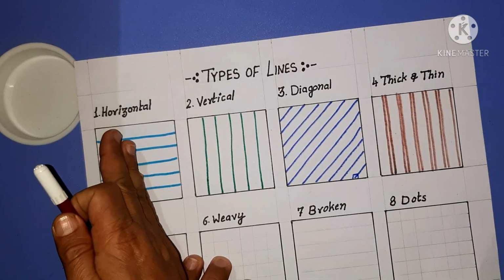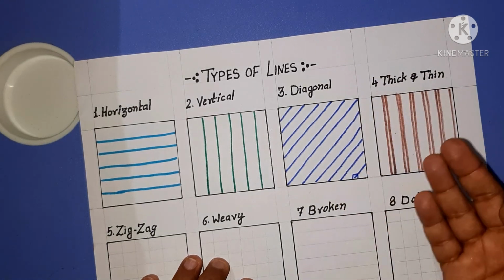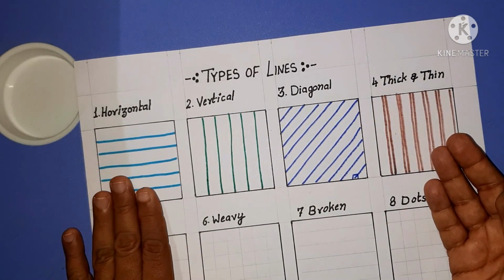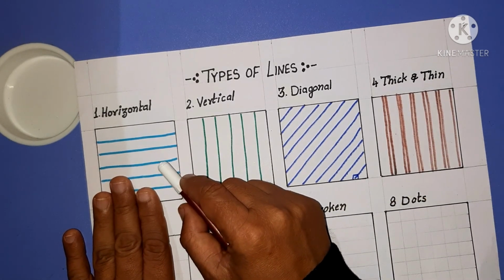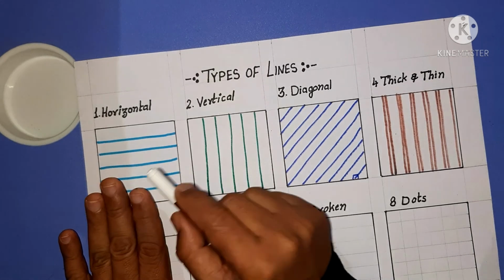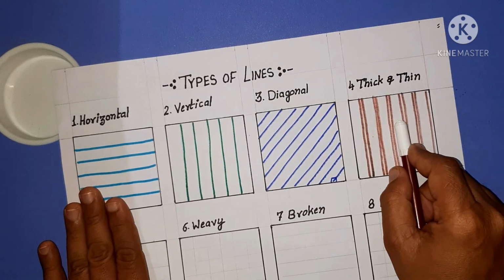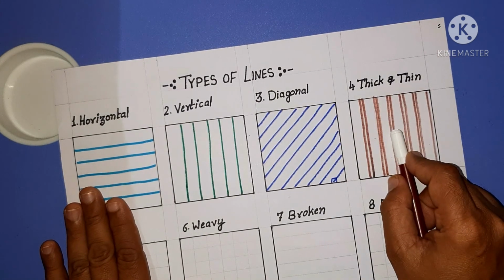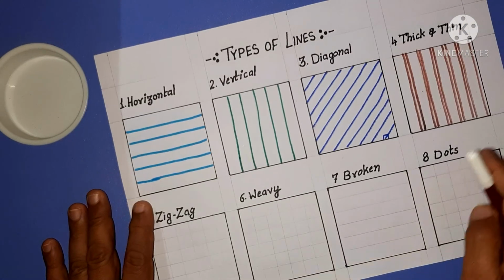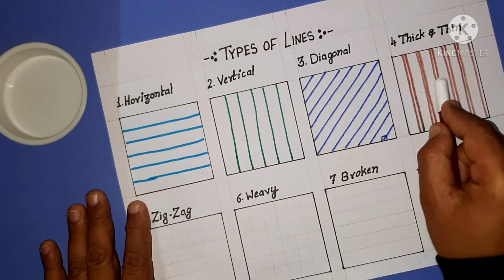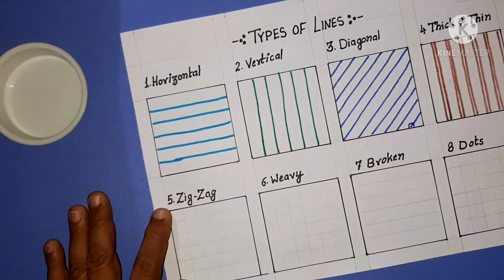Thick and thin lines may have any direction. They may be horizontal, vertical or diagonal, and they create a double impact compared to their original line. Suppose, for example, a horizontal line makes you look 1 inch broader. Then this will create the impact of 2 inches broader. It all depends upon the color scheme also, and we will learn different color schemes and that technique too, right? So this is the double impact. It creates a double impact of its original directional line.